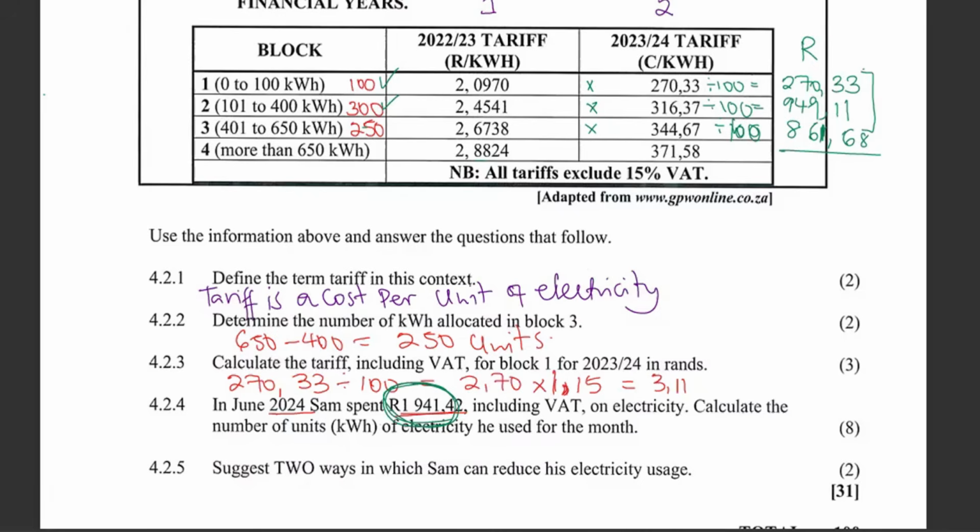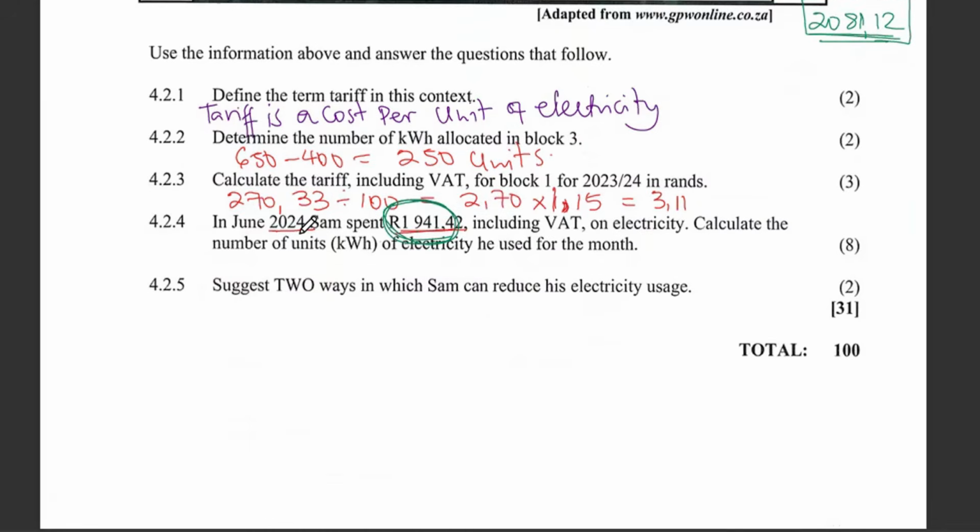When you add everything here, you end up having 2,081,12. But the guy used 1,941, meaning there's some money which is pending. He never exceeded this. He never exceeded that. Okay, another easiest way is to,